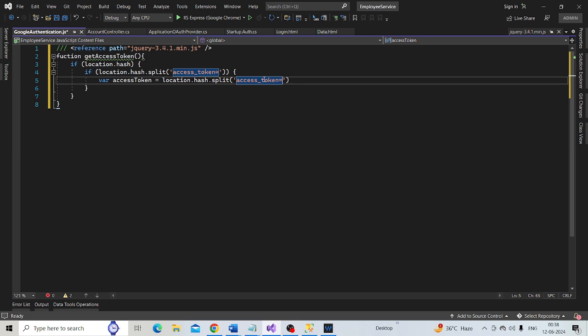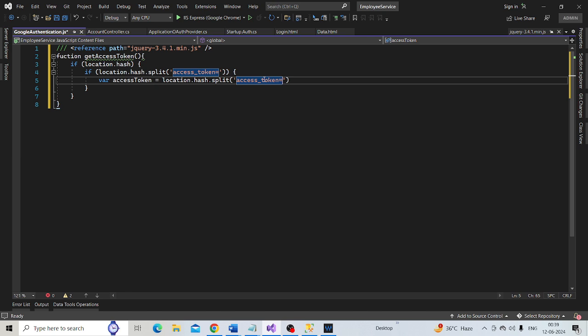So what is this split function going to do? It is going to return us a string array with two strings in it. The string at index position 0 is going to contain access_token equals, and the string at index position 1 will contain the access token value.